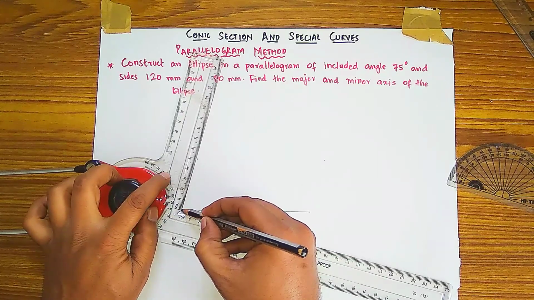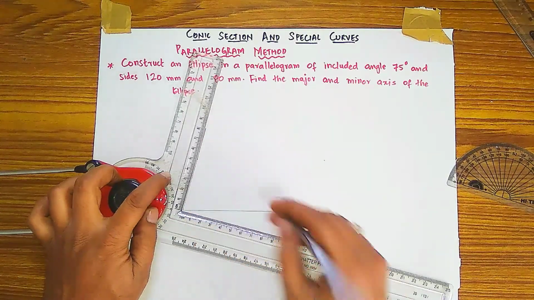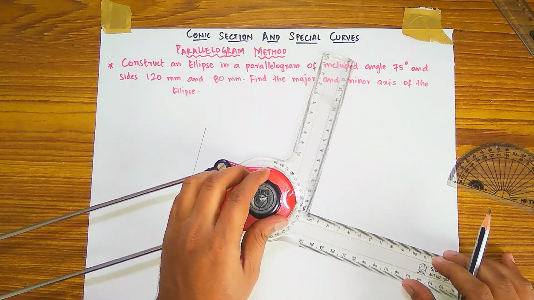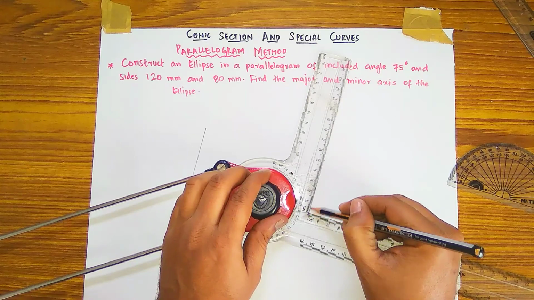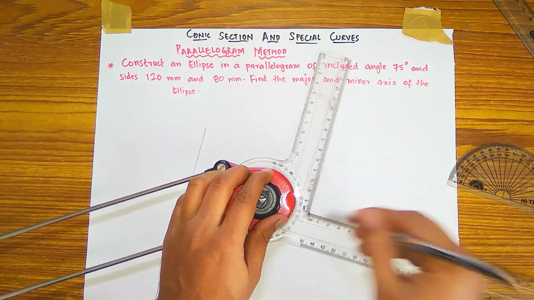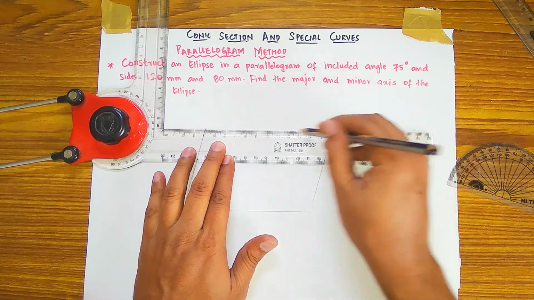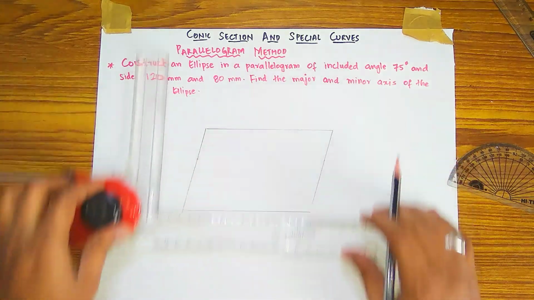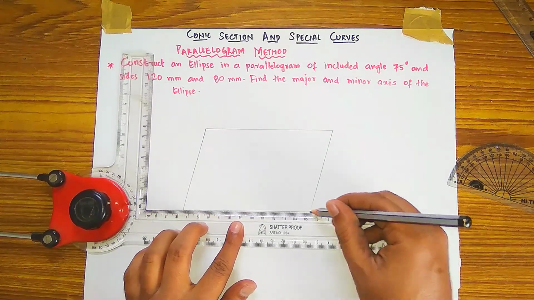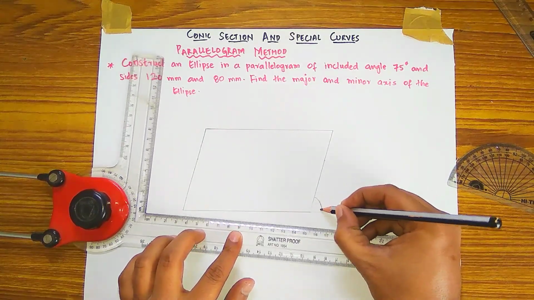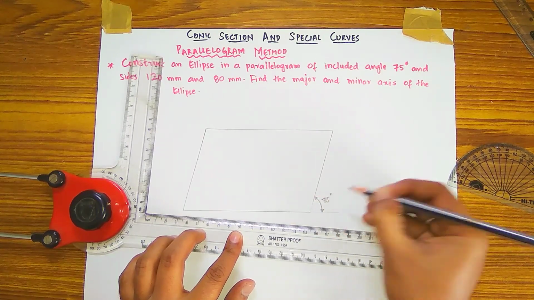How much is the height? 80 mm, so 8 centimeters you have to draw like this. And here also, with that angle point, 8 centimeters you have to draw like this, and you have to join the other two ends and make a line like this. This is the parallelogram. You have to show the angle also. For example, I am extending this, and this angle is 75 degree as given in the question.